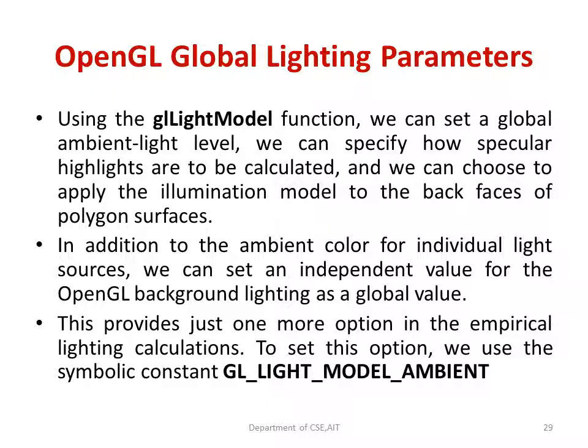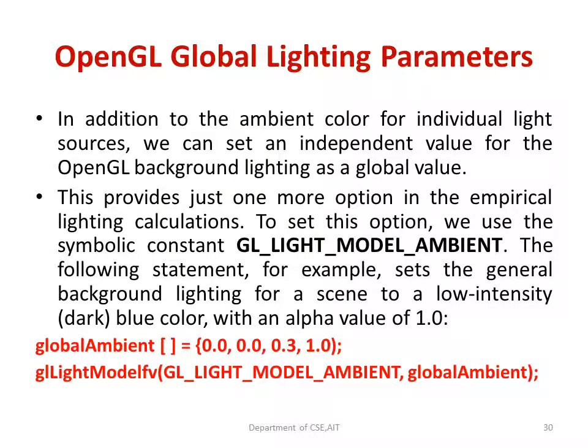So when you give this, a global ambient light will be on. That means it will be made available along with the other small lights that you have given in your program. Even those will be included, but you will also have one global light. In this API, glLightModelfv, we have two parameters. The first one is GL_LIGHT_MODEL_AMBIENT. That means we are having a global light, and this global light has an ambient effect.